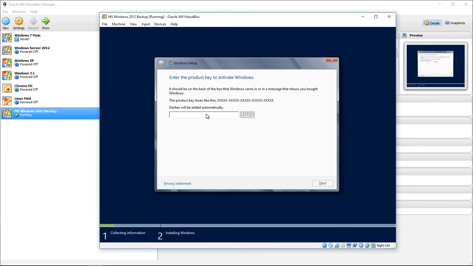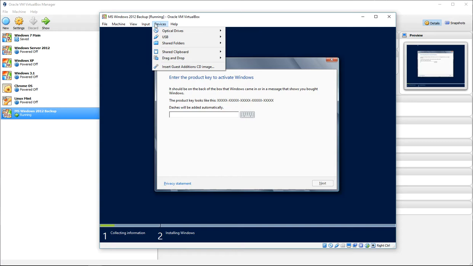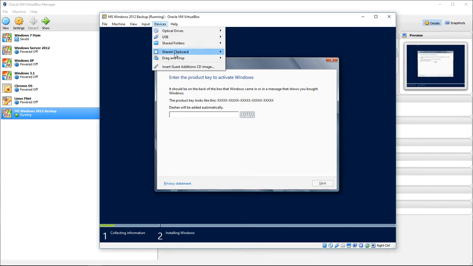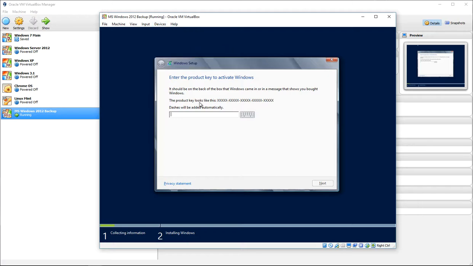So you're going to need your product key, and you're going to have to either paste that in, if you turned on your input for drag and drop or shared clipboard, host to guest, so you can cut and paste it from a product key somewhere, or you have to type it in. And then once you get to that, this video is not about installing operating systems. It's about VirtualBox. So you would just install your operating system, no matter which one it was, whether it was Windows XP, Server, Windows 7.